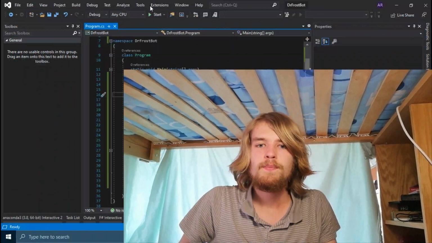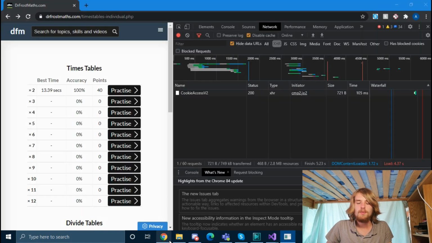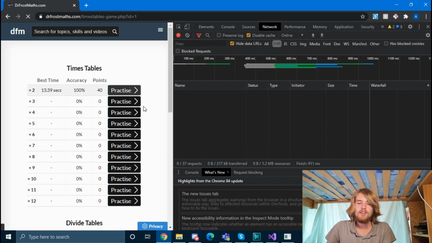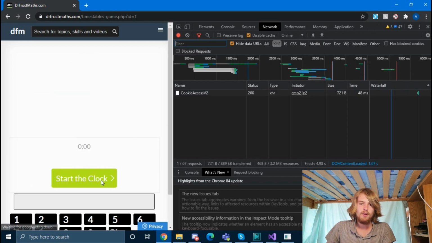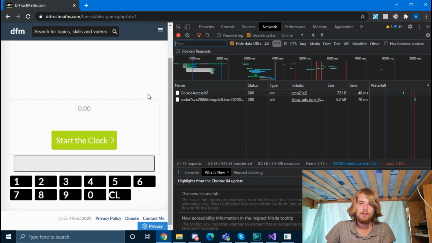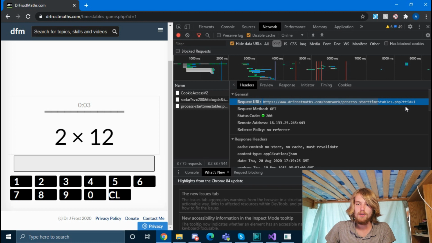So what I've done is I've created a simple program that simply takes a URL and returns the data when you request that URL. So if we start it here, it says type URL below. Now the URL we need to use is found in the request that the website makes. So if we start the clock and go into the network tab, grab our request, you can see there's a request URL here. So we just need to copy and paste this URL